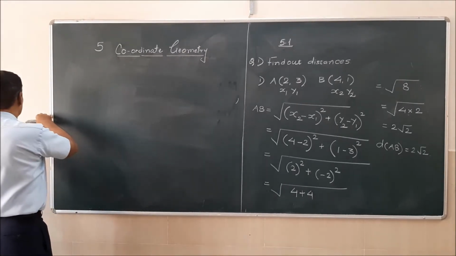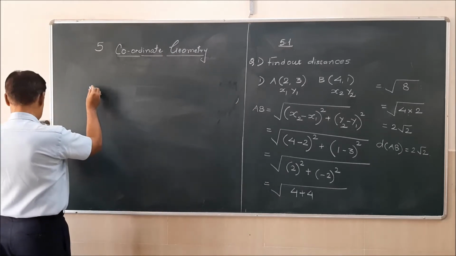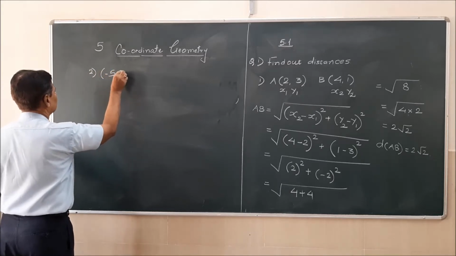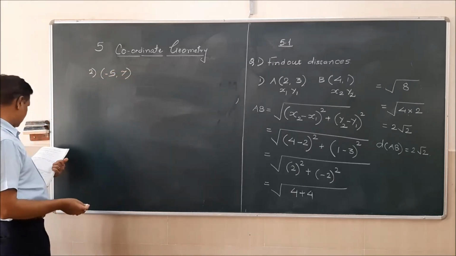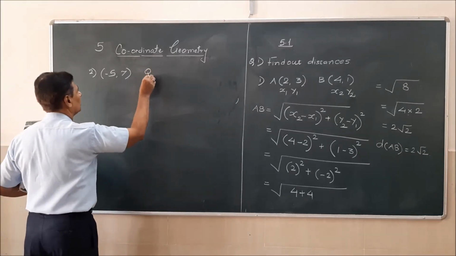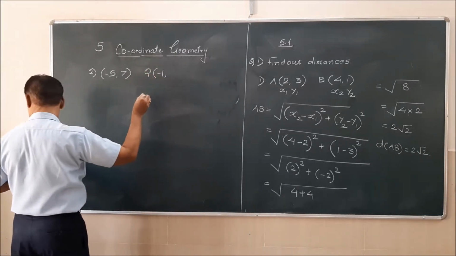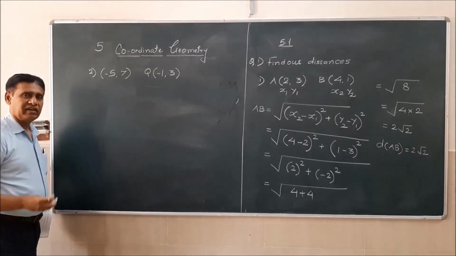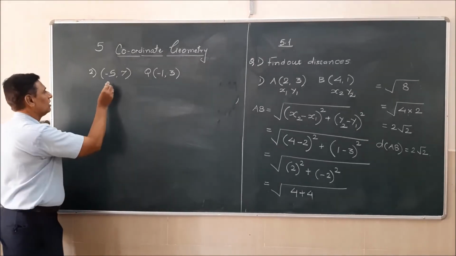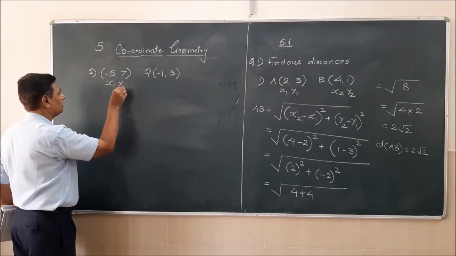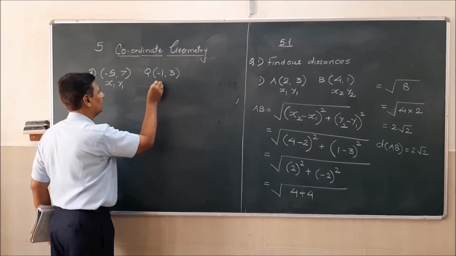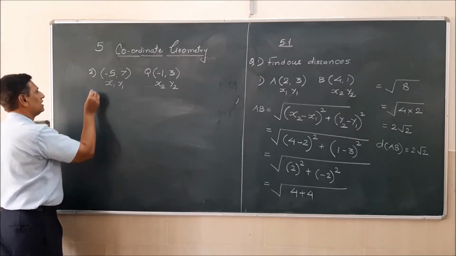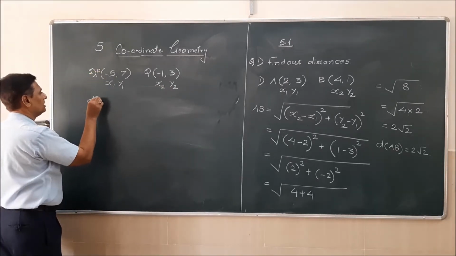The coordinates of P are (-5, 7), and the coordinates of Q are (-1, 3). Same way as we have done in the first question, label them as x1, y1 and x2, y2. Then we can say distance PQ is equal to